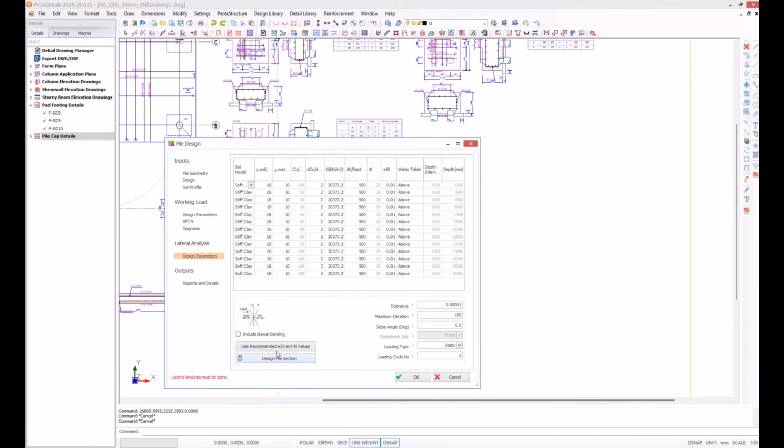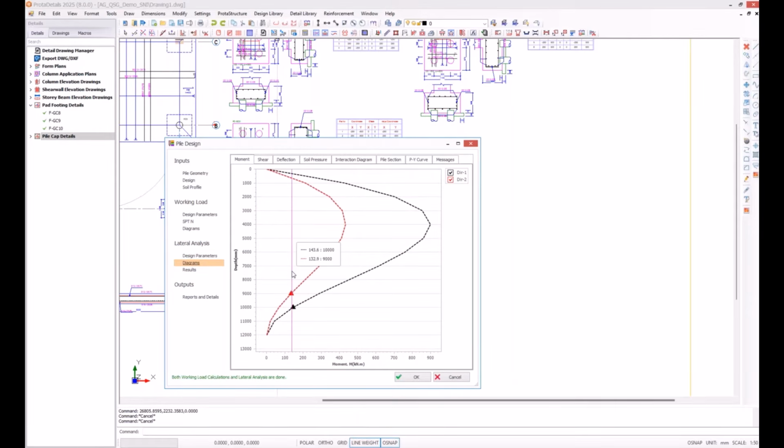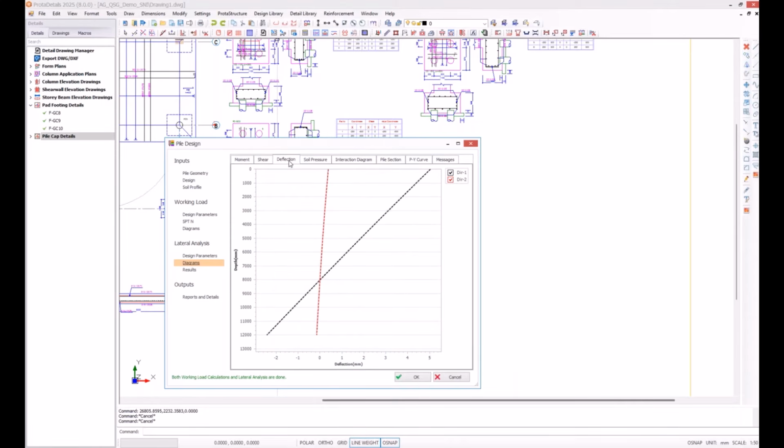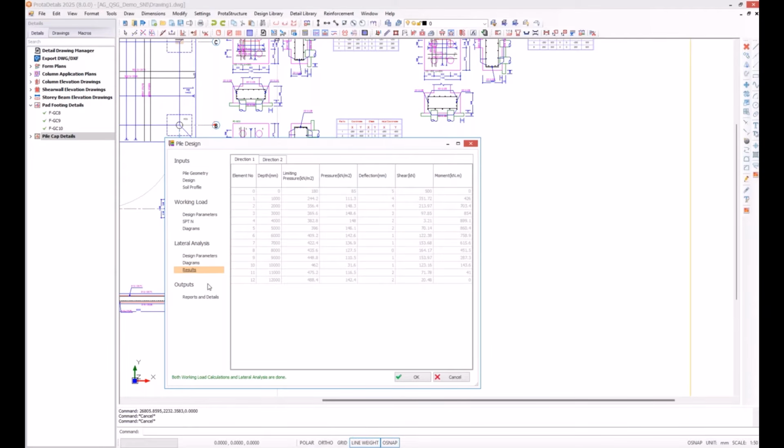And for lateral analysis, let's use bending, and I just click design pile reactions, and I can see the detailed moment diagrams, shear diagrams, deflection, soil pressure, interaction, and so on.